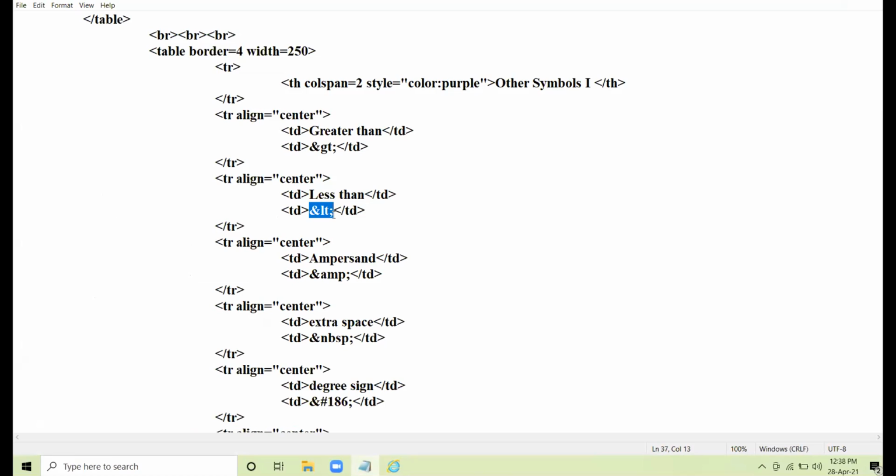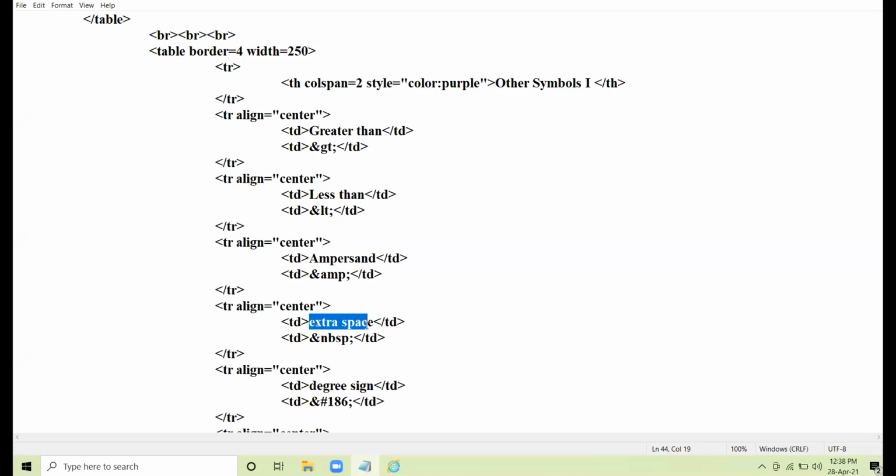Ampersand you will normally find at the top side of the 7 number key in your keyboard. Ampersand amp semicolon. This symbol is called ampersand.